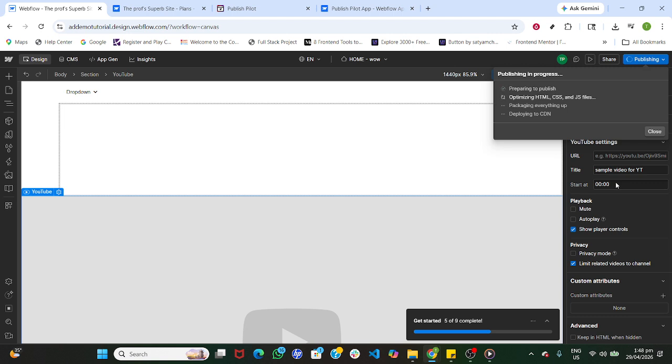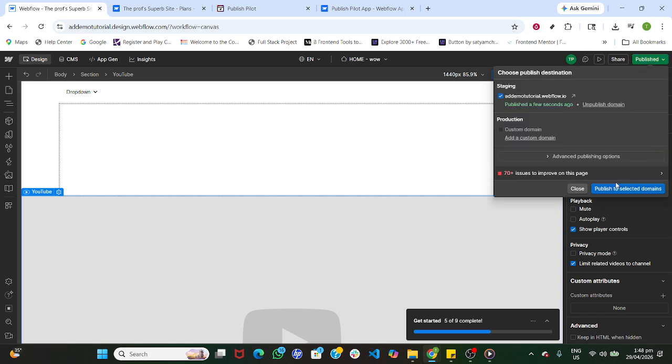And that's it. By following each highlighted click and typing only in the highlighted fields, you've placed a YouTube video in your Webflow project, tuned its playback, tightened its privacy settings,